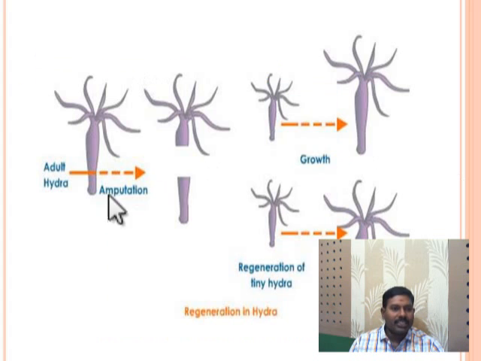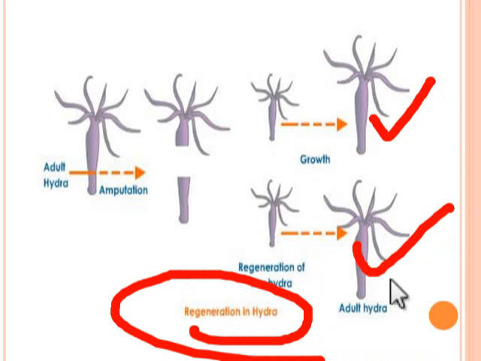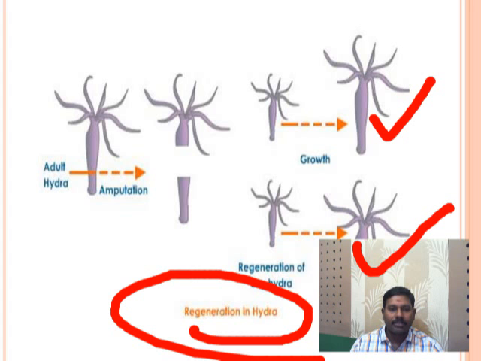Now we will see, this is Hydra. The adult Hydra was amputated, that is divided, cut into two portions. Each portion grows and attains the normal adult stage. See, this is the power of regeneration in Hydra. This power of regeneration is associated